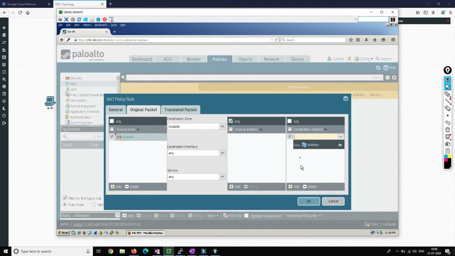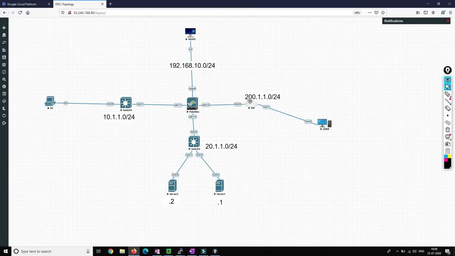The destination IP that we can choose is 200.1.1.50. I'm choosing randomly because it's a /24 network, so I can choose any of the IP addresses.